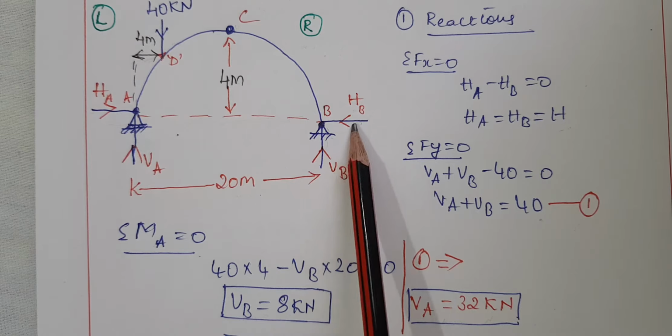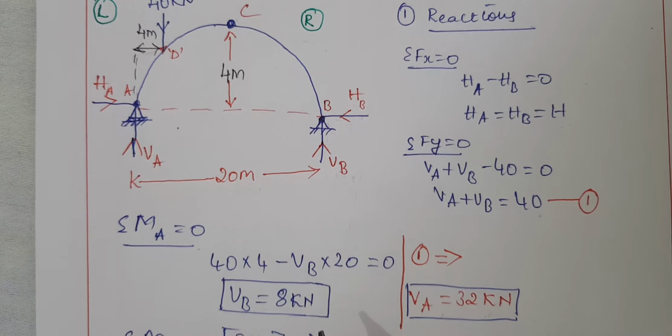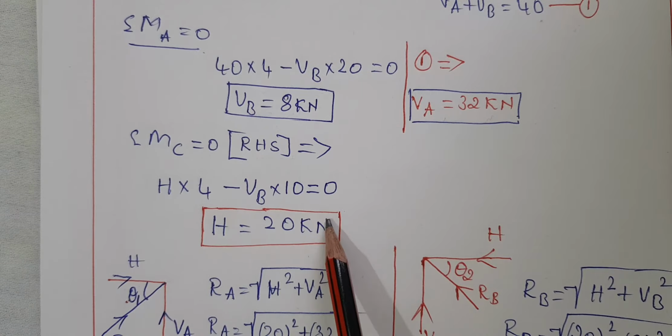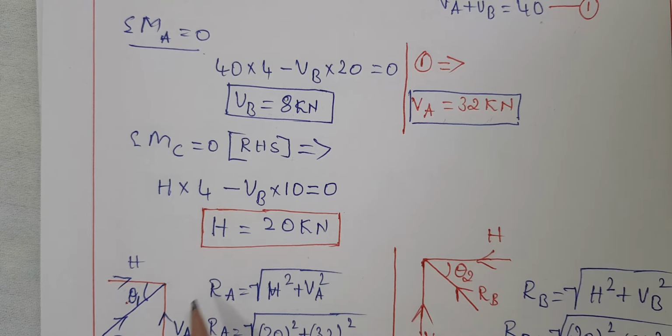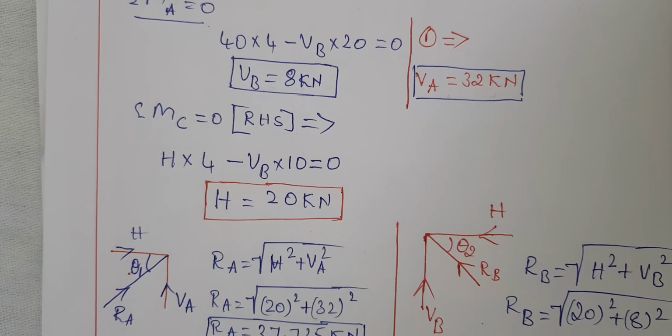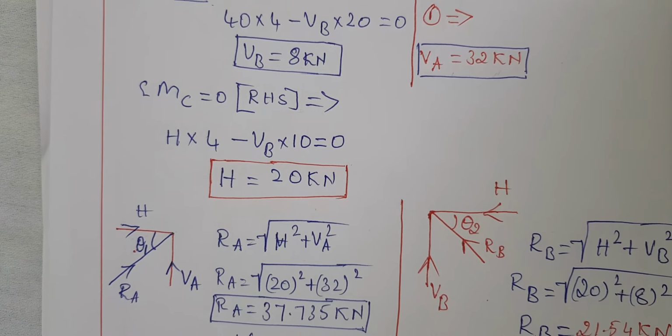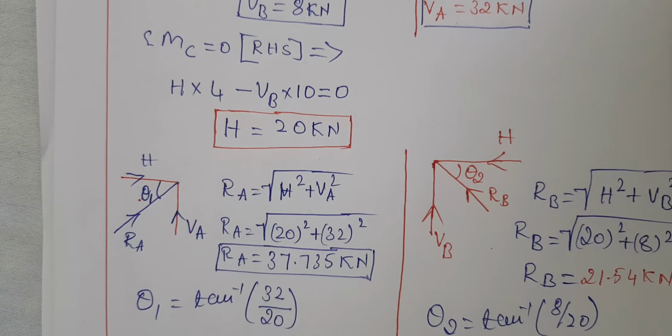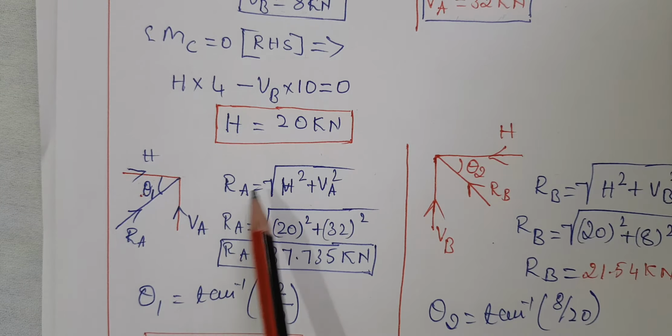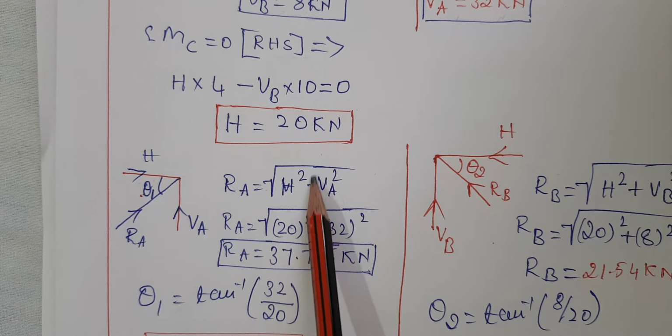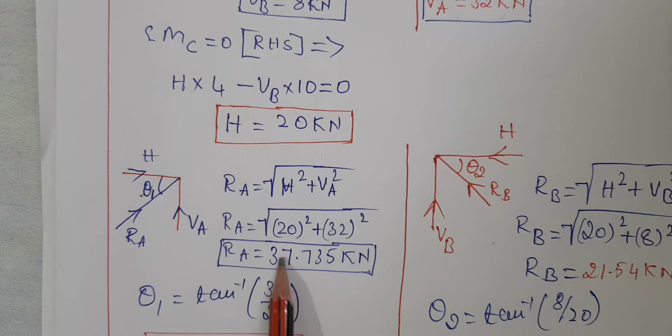Okay, but it tends to rotate anti-clockwise, so it is negative. Okay, that is what I have written here. And we came to know HA, HB, that is 20 kilonewton, which in turn equals H. Then we can easily find the resultant of the two components, one horizontal and another vertical, H and VA. So we can find the resultant RA by using this formula, and the RA value came to